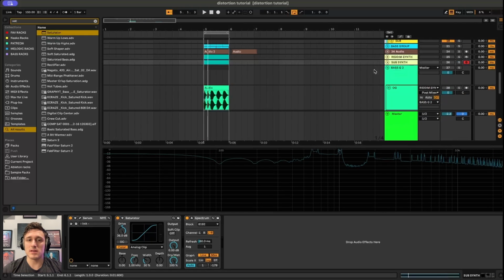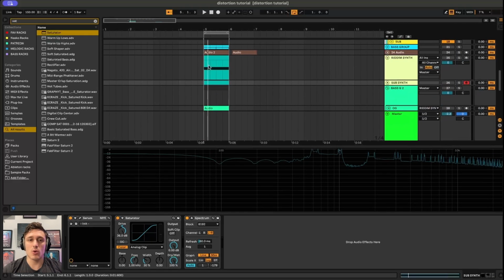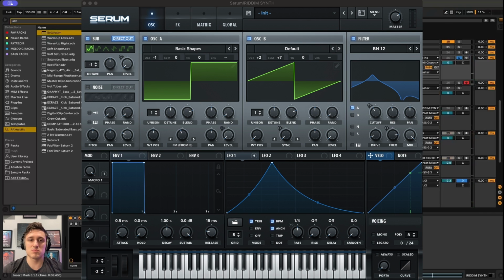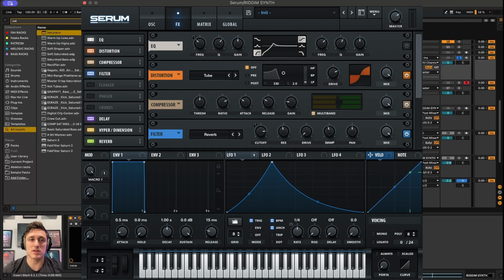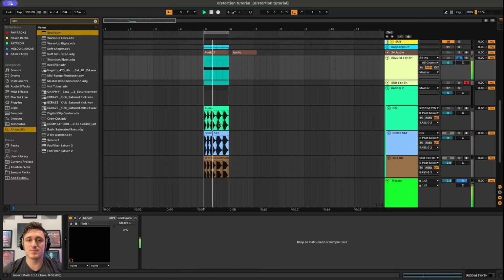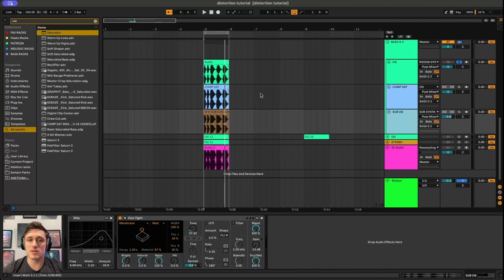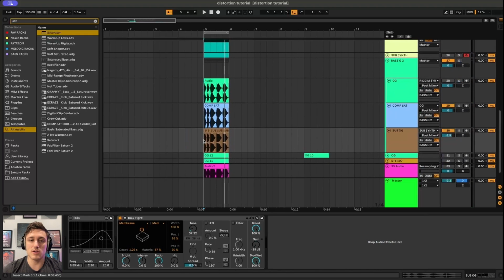So we have a bass here that I just made, a rhythm synth. Sounds like this. Super basic, just a square going into a saw, a little post-processing, nothing really crazy. I wanted to make a simple sound, right? And if you distort that together with a sub bass, which is just a sub with kick tight on it, sounds like this,